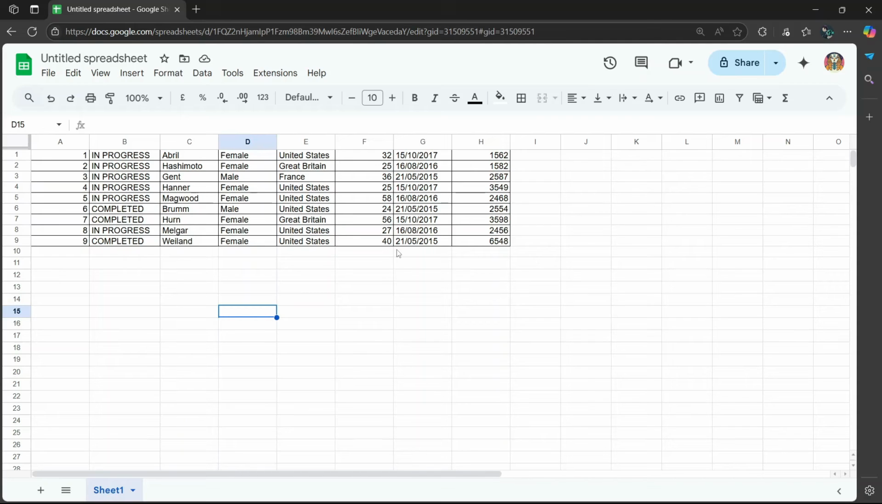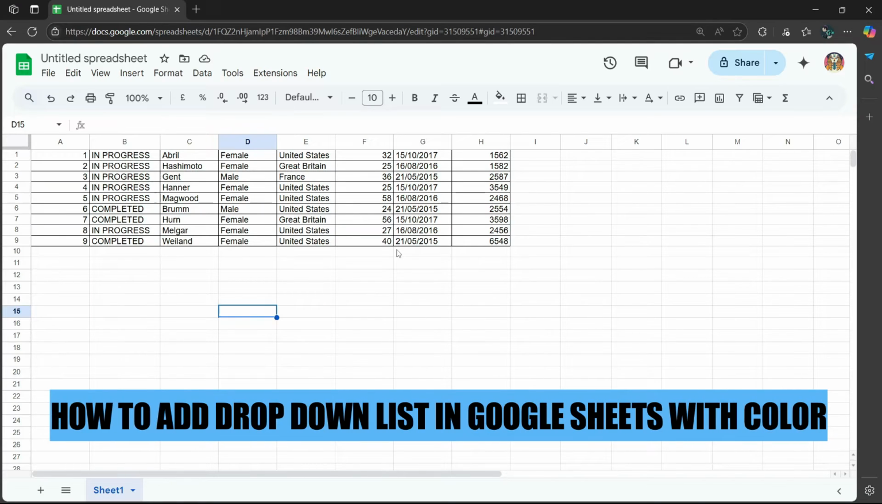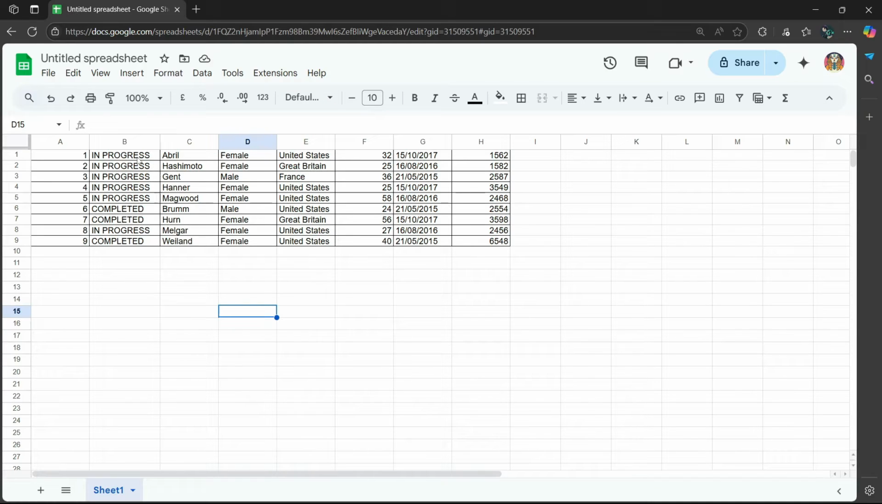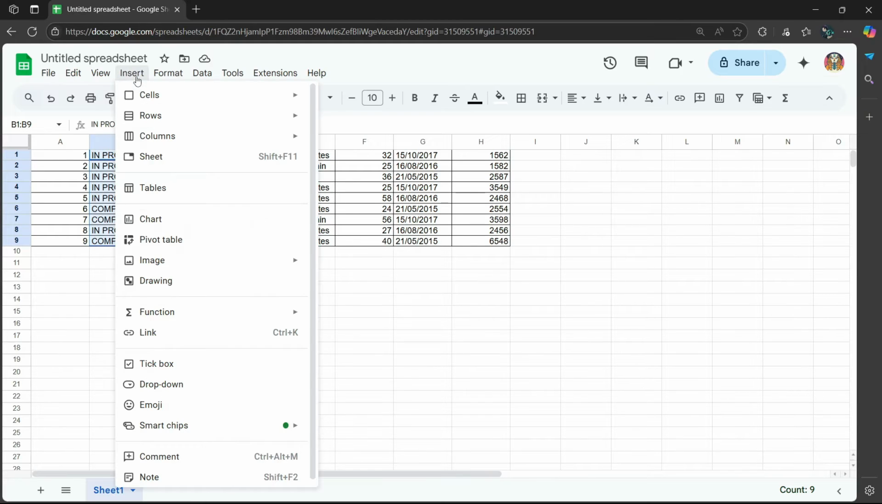In this quick tutorial, I'm going to show you how to add a drop-down list in Google Sheets with color. Let's begin. So in column B, I put in the words in progress and completed. So select the entire column here, where the words are, then go to the Insert tab at the top and